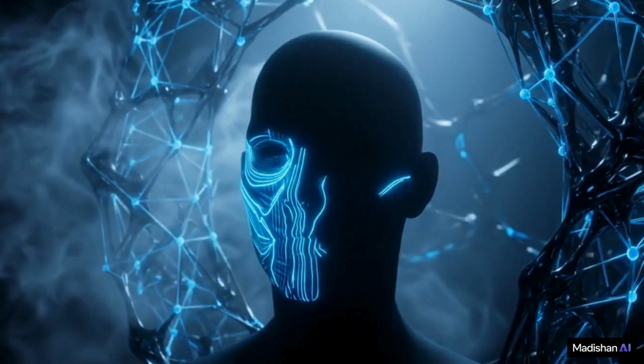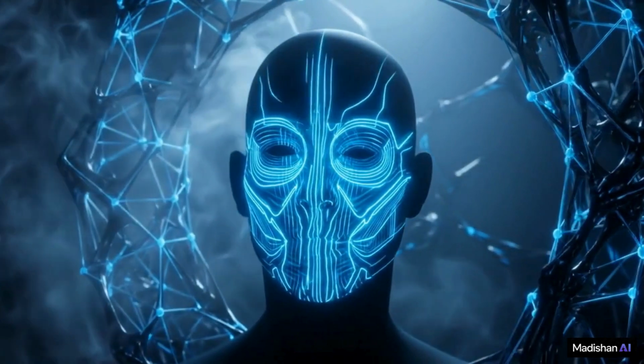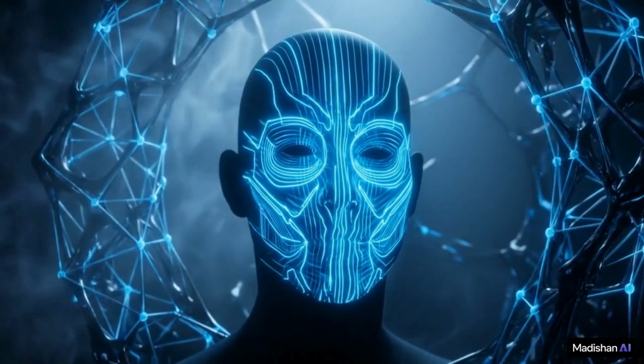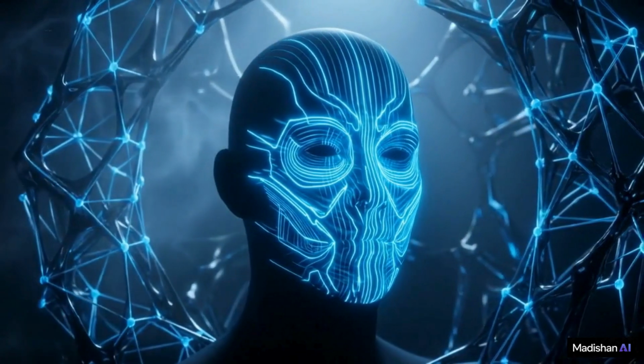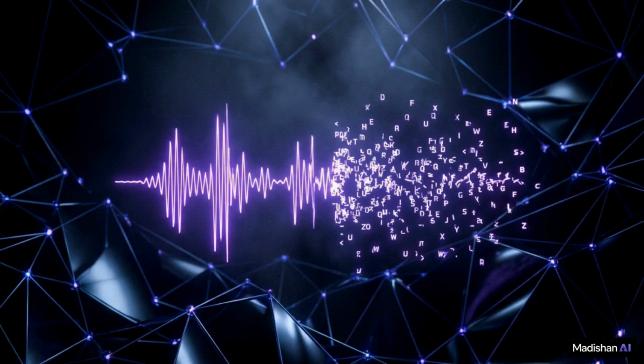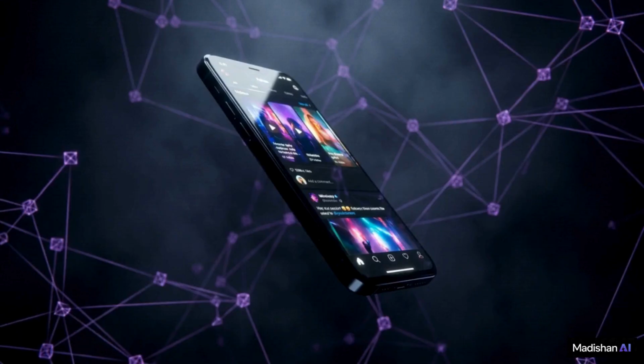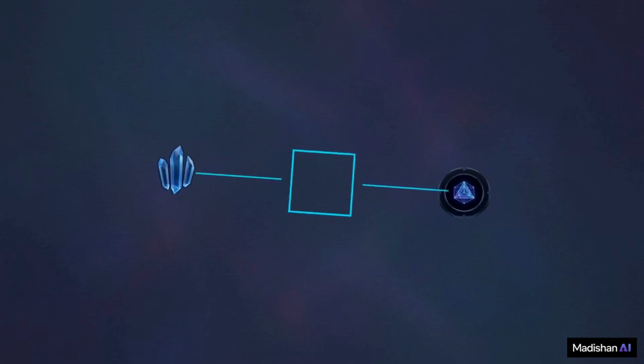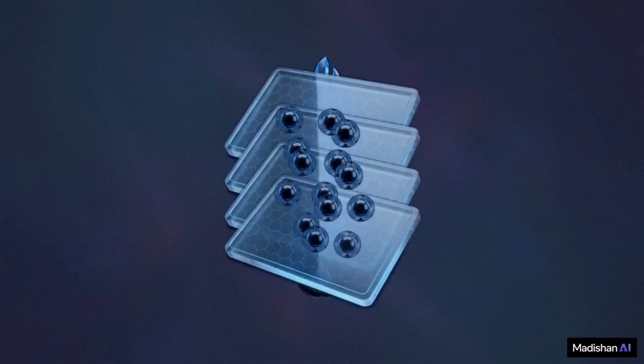Today, we are going to learn what is deep learning. Modern AI can recognize your face, transcribe your voice with high accuracy, and even generate realistic video from a few words of text. We see these results every day. But beneath the interface, a complex process is happening that most users never see. Peeling back the layers of how these systems work reveals an approach to computing that differs from everything that came